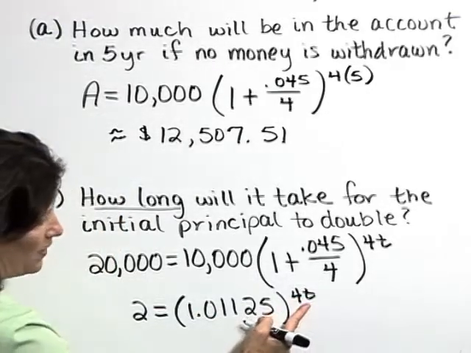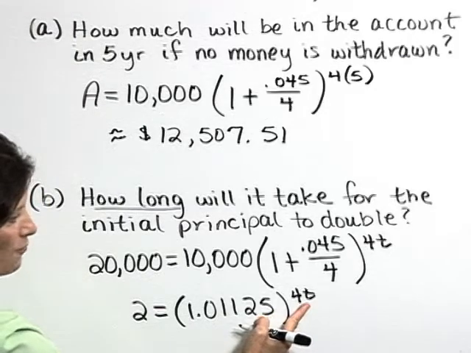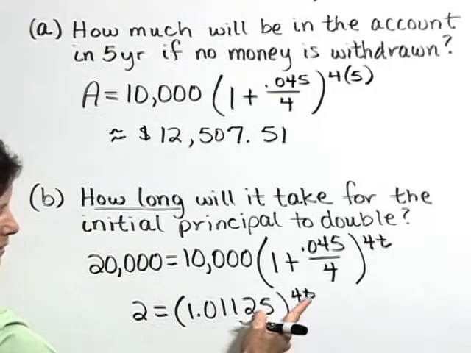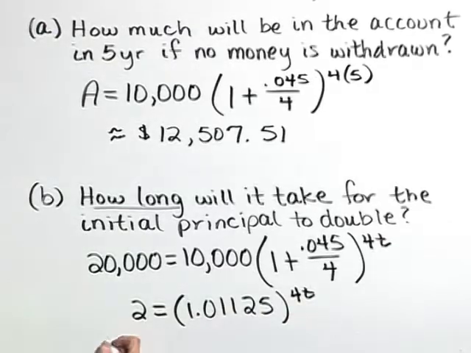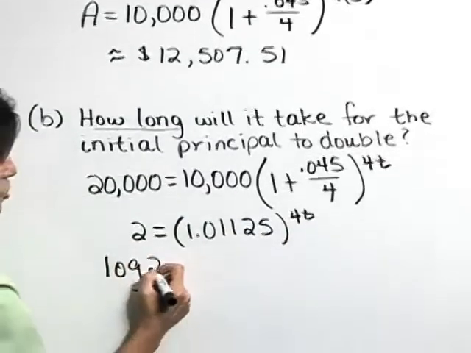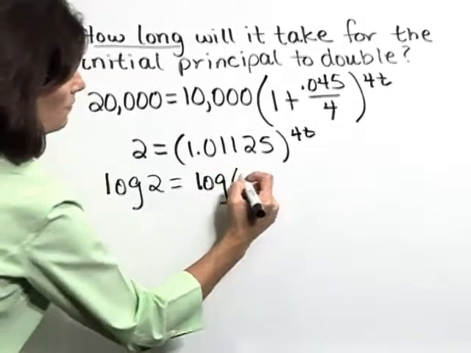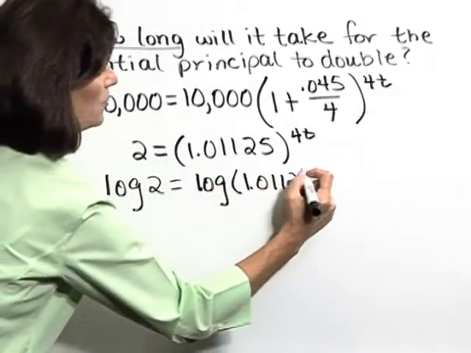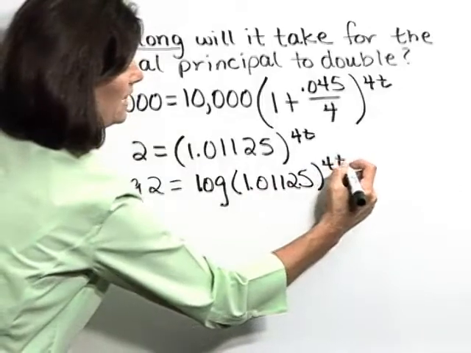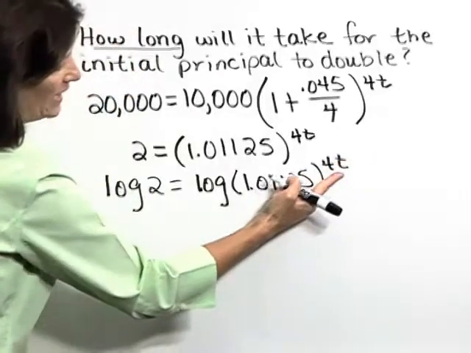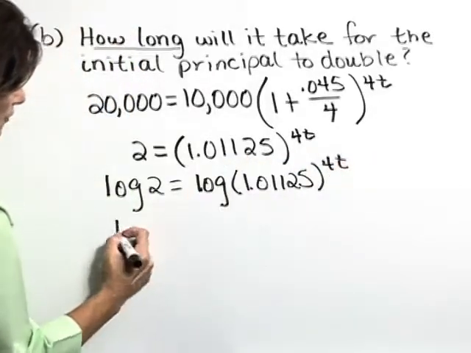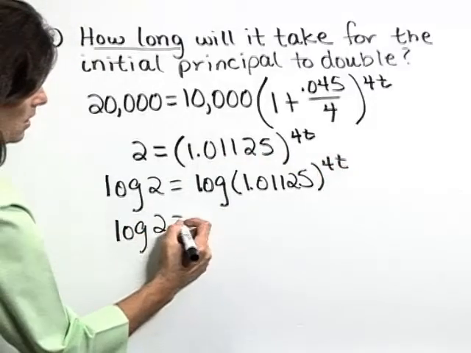We'll get this variable out of the exponent by taking the log of both sides, common log, that's log base 10. So log 2 is equal to log of 1.01125 to the 4t. Power rule indicates we can bring that exponent out into the front and write